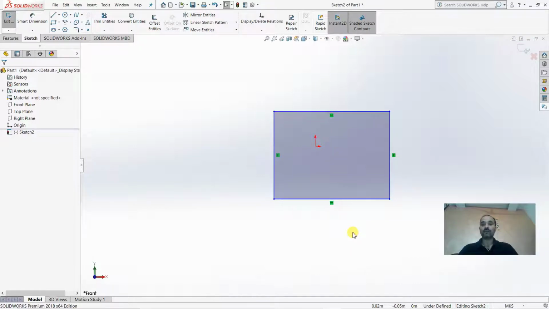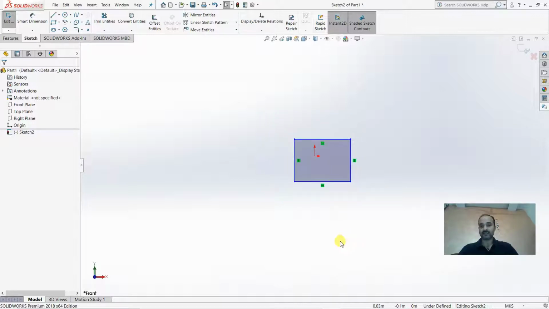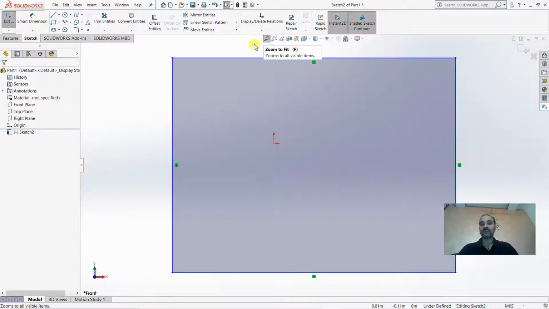Suppose I zoom and your part goes upward, once again I will press, and it will come in the middle of your screen. It means this button brings all the drawings within your visible screen size. So it is a very useful command.